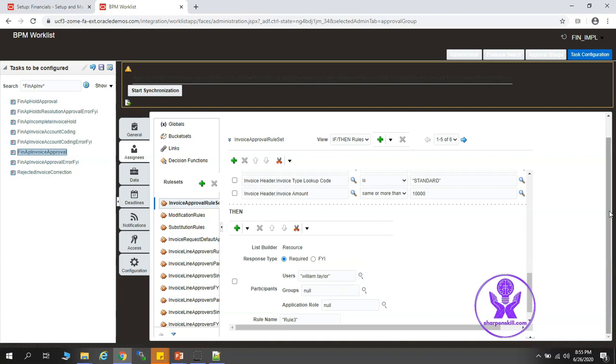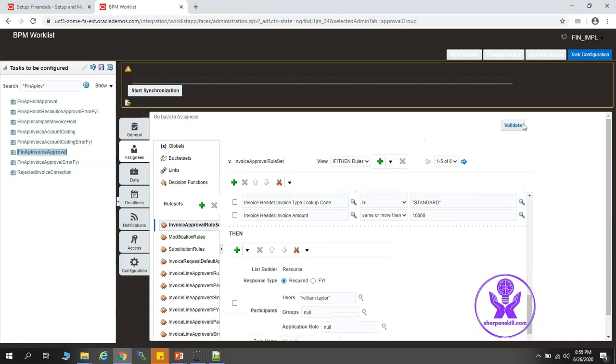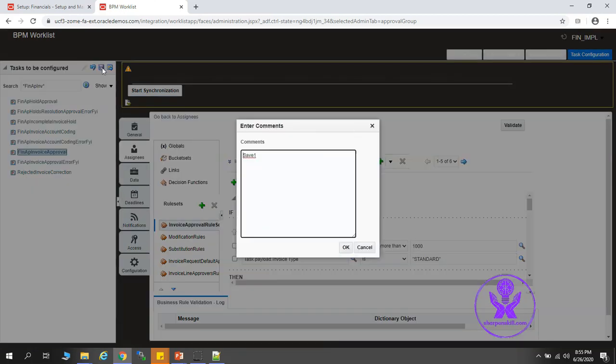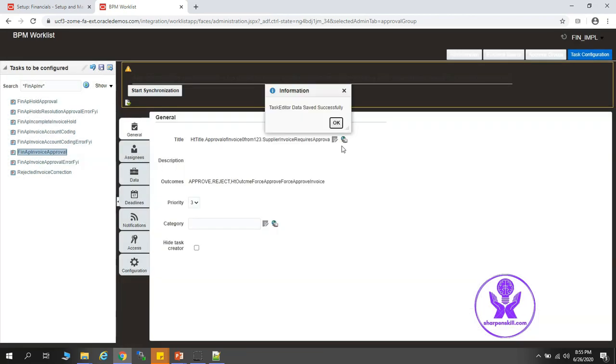Now I will go on and validate. So there is no message in the validation. So I can think that the configuration that I have done is perfect. All right, so I'll go and save this workflow. So I'll keep the same message, click OK. All right, click on OK.